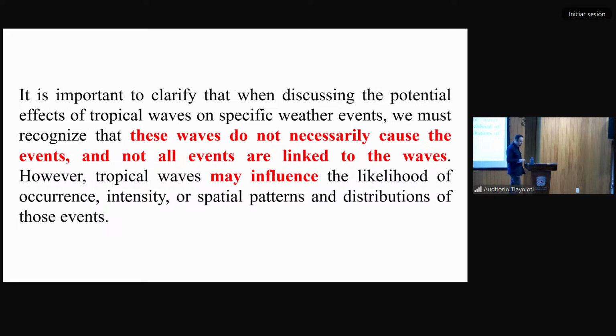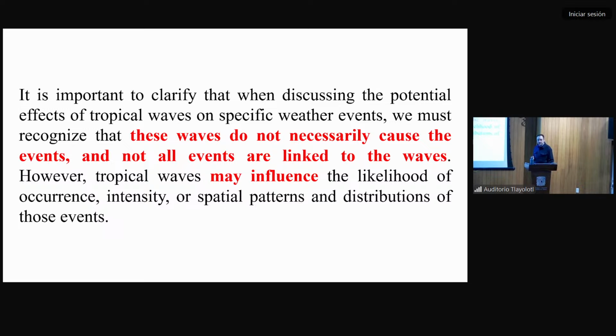So we now found the waves that will help us to understand the variability that we started looking at in the first place in this lecture. But it's important that now we want to use these waves, or the knowledge about these waves, to try to understand other weather phenomena. So we want to know, for example, what happens with precipitation associated with these waves. So we try to establish some causality relationship between, okay, this wave can help us produce precipitation, but we must be very careful,